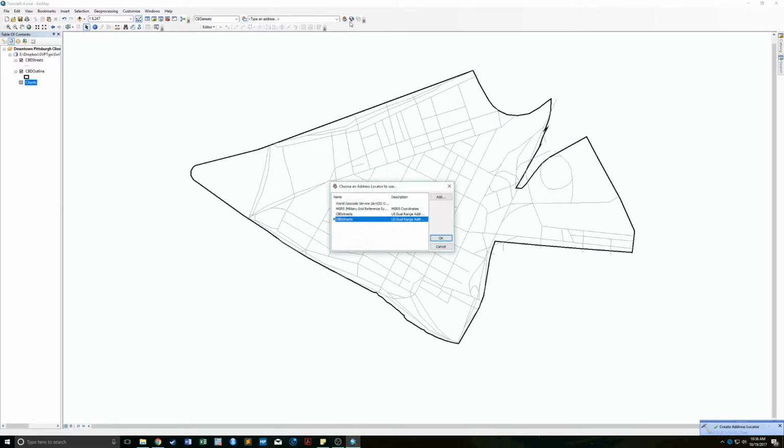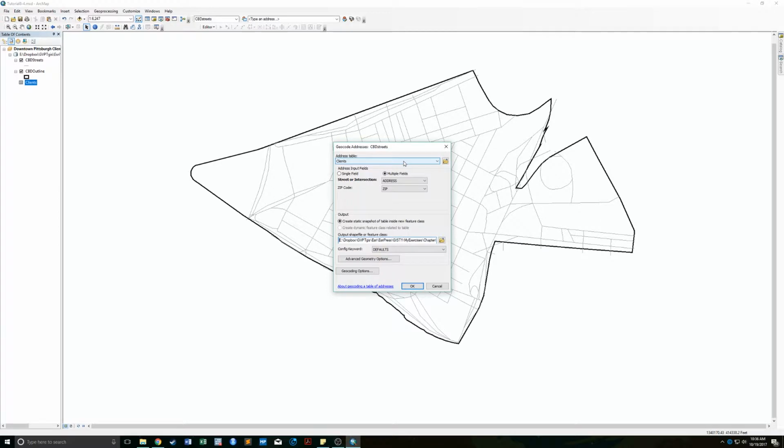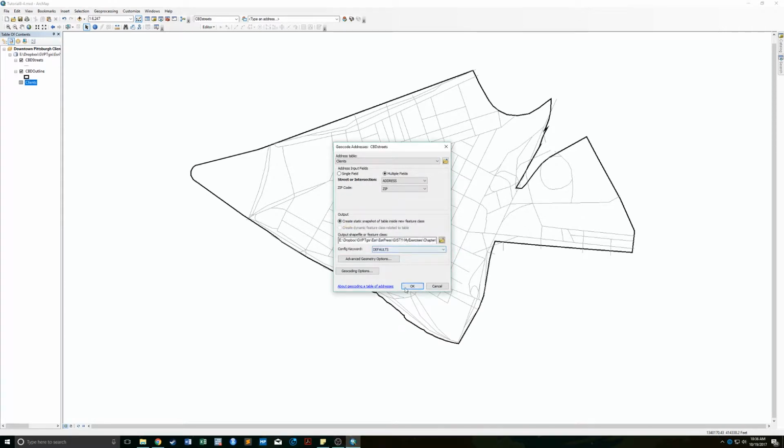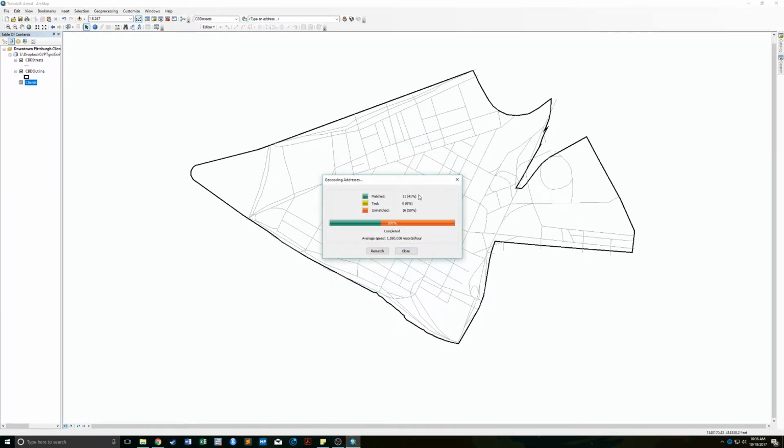We're going to go up to geocode address. It should pre-populate that address locator we just created. We're going to use our client's address. Yep, these look right. And we want to call this our customers. Okay, so we've matched 11 out of 16, which is actually one less than the book gives you,